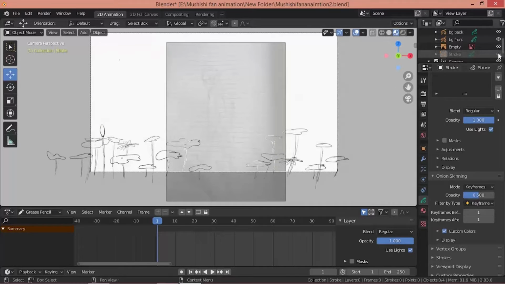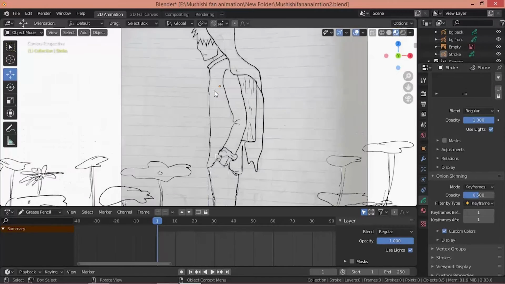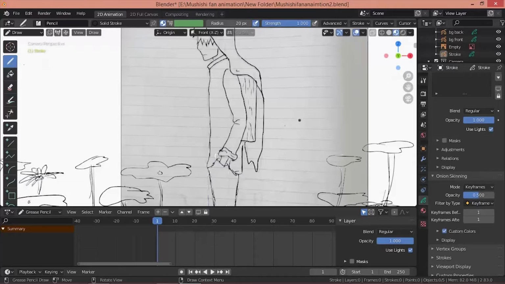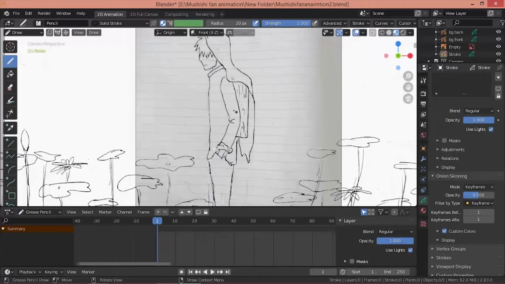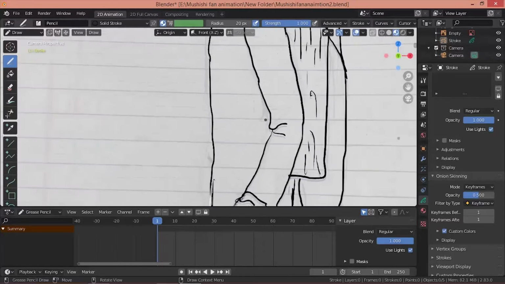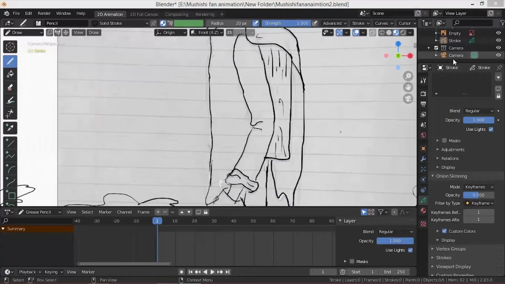Then basically I use the strokes and paint them on top of the rough image. So this would be like my first drawing if I started drawing on the rough image. And even though I use a graphic tablet, it is possible to actually achieve this with a mouse. However, it would take a little more time and strokes will not be that smooth, hopefully.